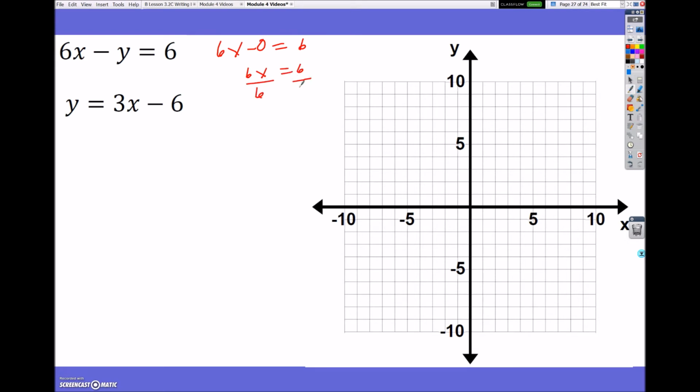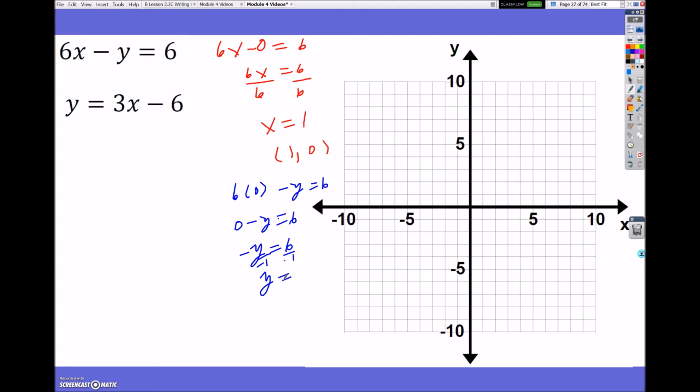And when I divide both sides by 6, I'm going to get x is equal to 1. So that means my x-intercept is (1, 0). Now in blue, I'm going to solve it again. I'm going to have 6 times 0 minus y is equal to 6. So that gives me 0 minus y is equal to 6, and -y is equal to 6, which means if I divide both sides by -1,